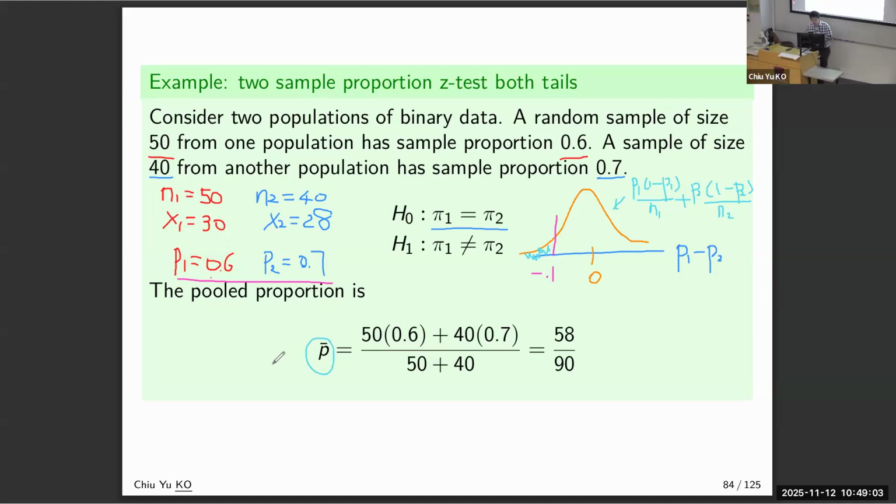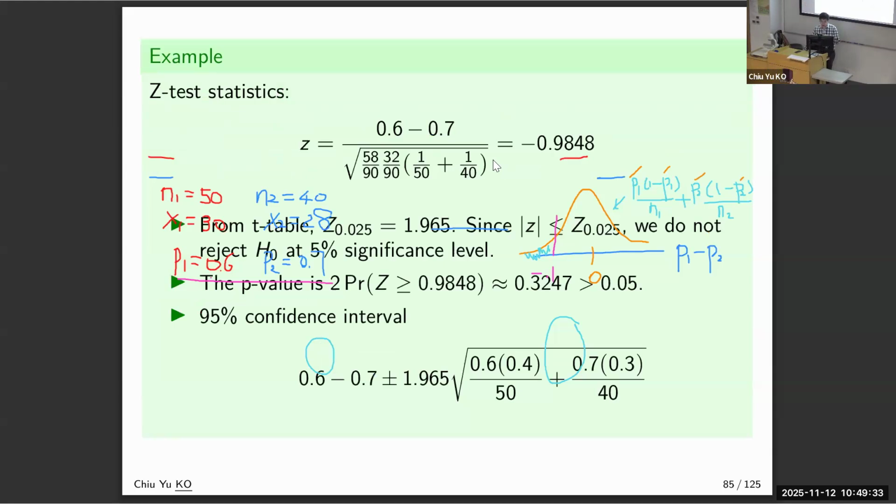So you can just replace each P here by P bar. Once we know this variance, take a square root, and then you can calculate the area. And if you look at the next page, you will see the number is negative